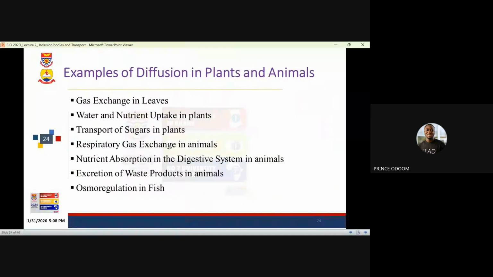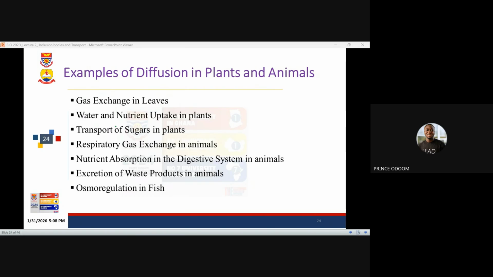And these are some practical examples of diffusion in living tissues. So for instance, when you talk of everyday activities that we can ascribe to diffusion, you can talk about applying your perfume. You can talk of people that release natural gases in your classrooms and areas. Then you can talk of other real life examples of diffusion. But when we narrow it to the cell or to the tissue or to the organism, these are the real